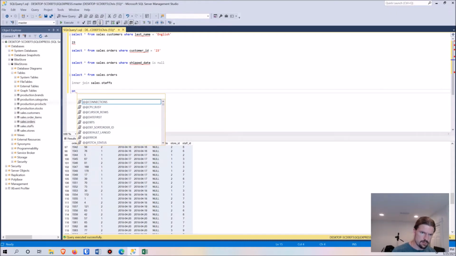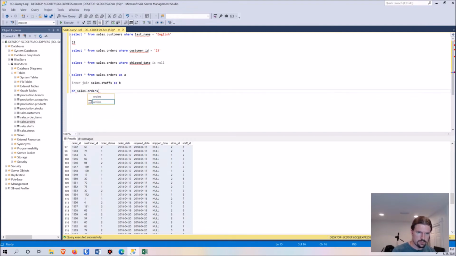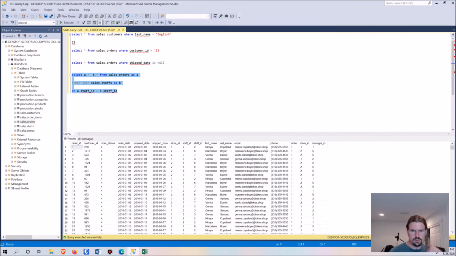Let's say that A and B. On sales.orders, or sorry, A.staff_id equals B.staff_id. And so let's do select A.all, and then B, actually B, just do all of it. Easy enough. Okay. Execute that, and so now we have